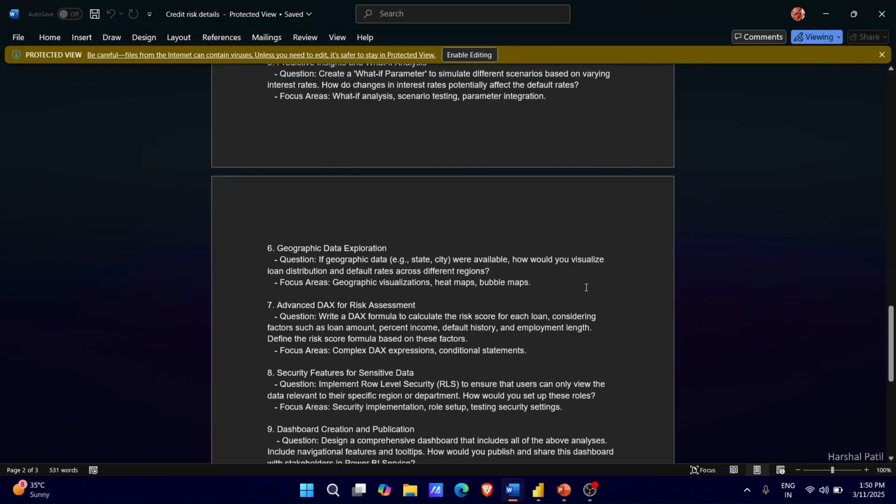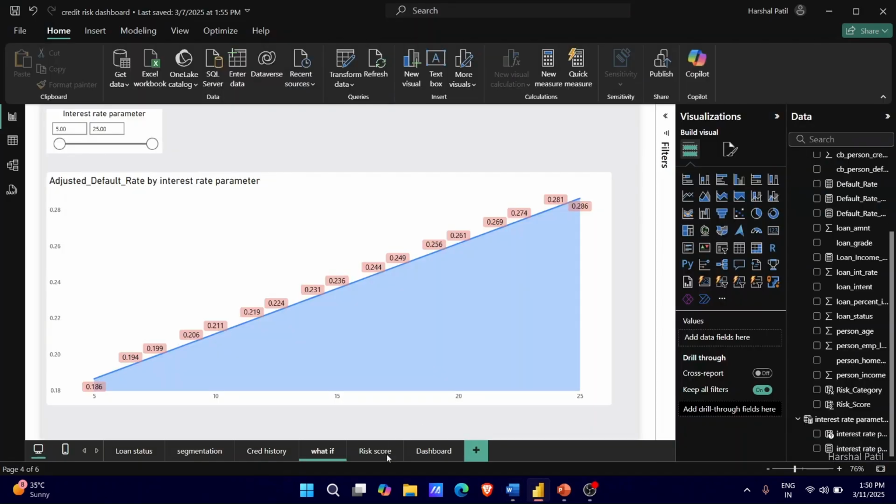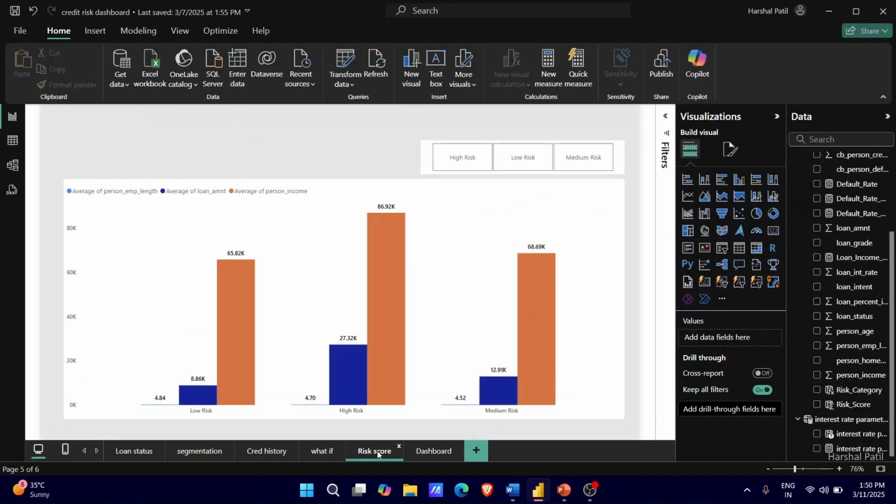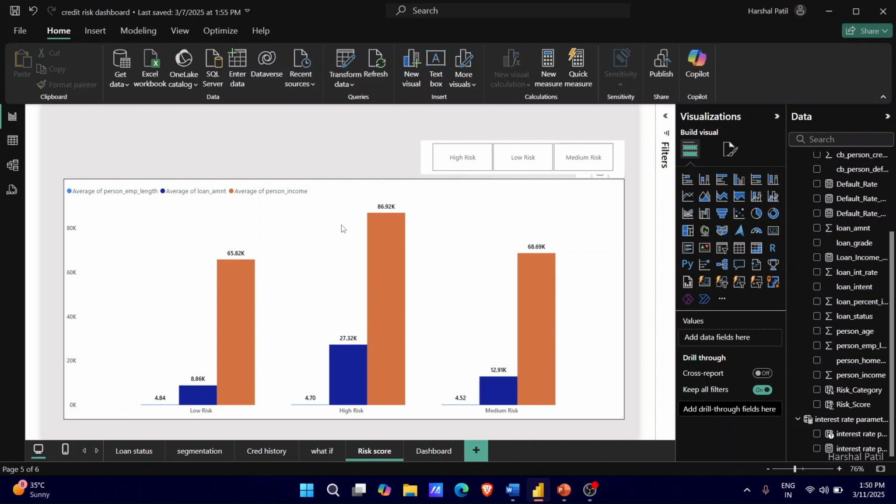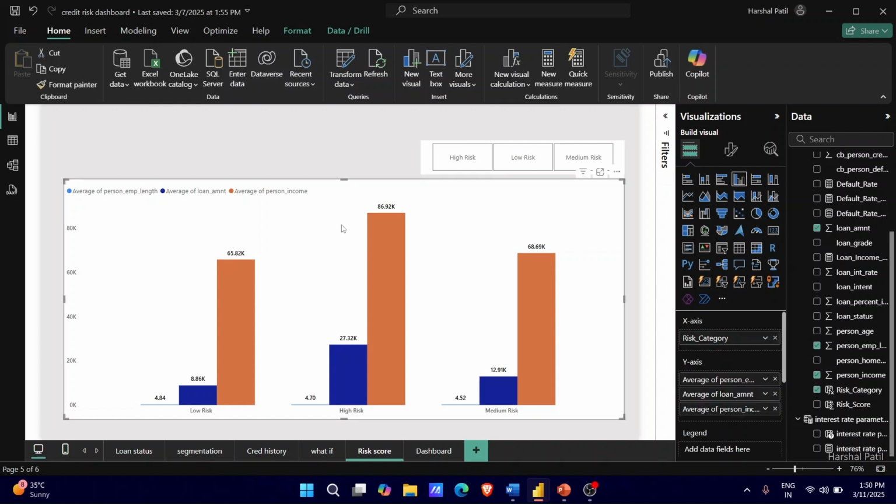write the DAX formula to calculate the risk score for each loan. Consider factors such as loan amount, person income, default history, and employment length. Define the risk score formula based on these factors. So for that, we have created this bar chart where we have the average of person employment length, average of loan amount, and average of person income. So for the risk category,